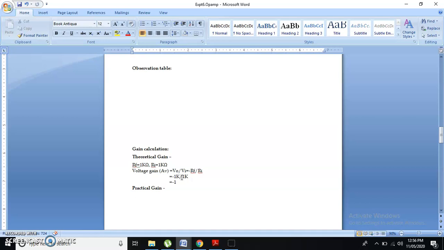Again we have two unknown quantities, so let us assume any one parameter. Let us say R1 is 1 kilo ohm. If R1 is 1K, following the voltage gain equation, RF has to be 1K. So now we have the design parameters with us. RF equal to 1K and R1 equal to 1 kilo ohm will give you gain equal to 1. That minus sign specifies that the input and output will be 180 degree phase shifted.